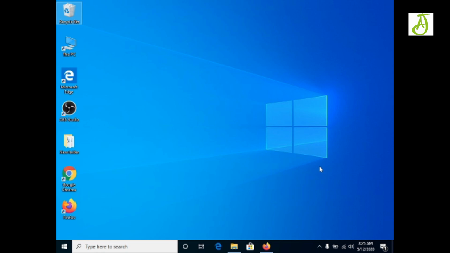Now I hope that the Windows operating system, that is Windows 10, is understandable for you. This was the basic part of the operating system, Windows 10, and I'm sure that you have got some important information from this tutorial. I hope it will be helpful for your future use of Windows 10.